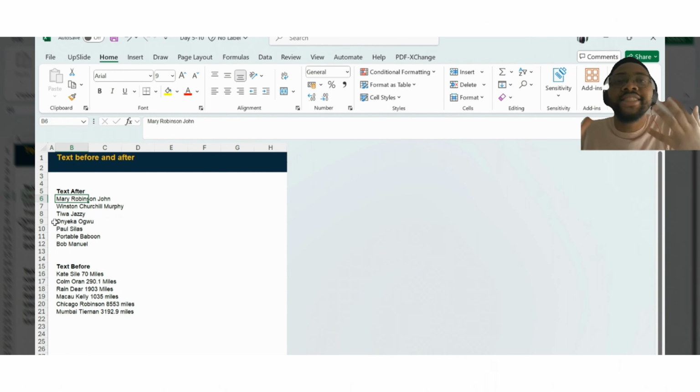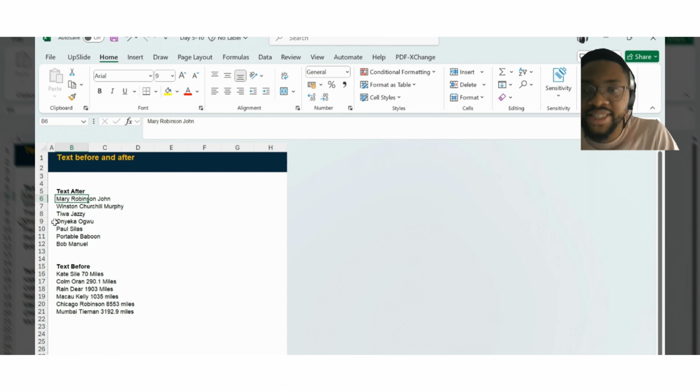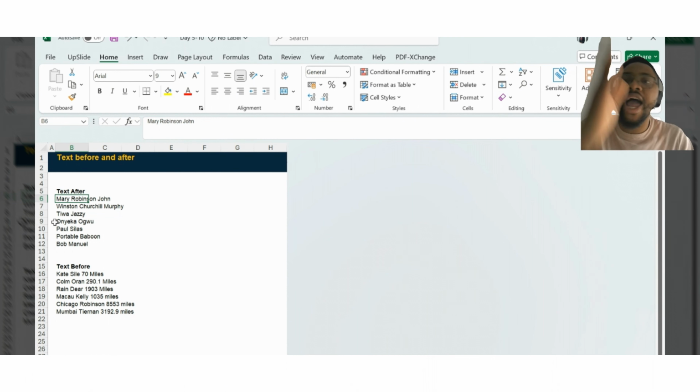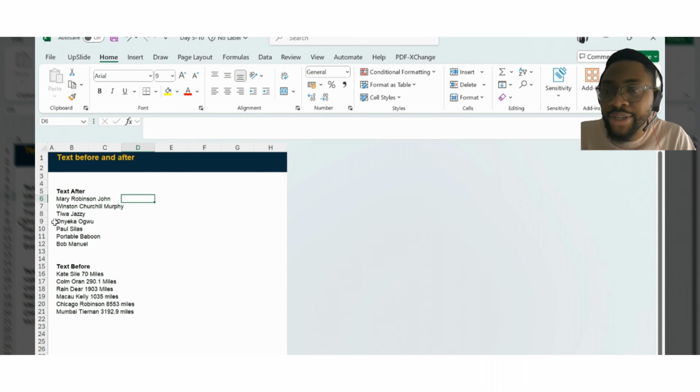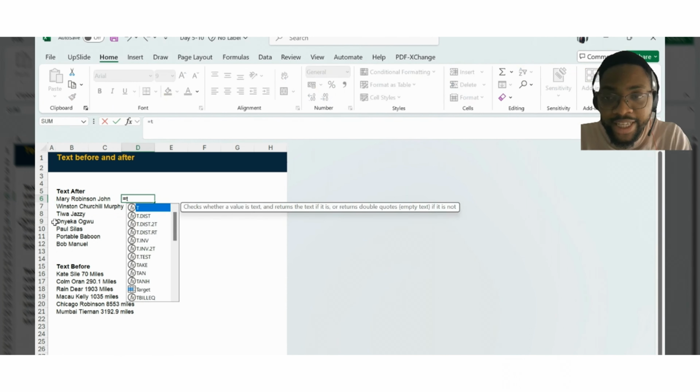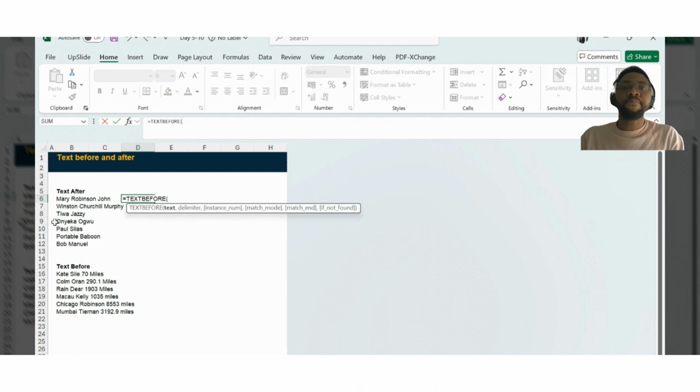Just thinking about it, the first name is everything before the first space. So everything before the first space is the first name. So what we can do is use text before. So equals text before. The syntax for this is text, comma, delimiter, comma, number of instance, comma, match mode, comma, match end, comma,